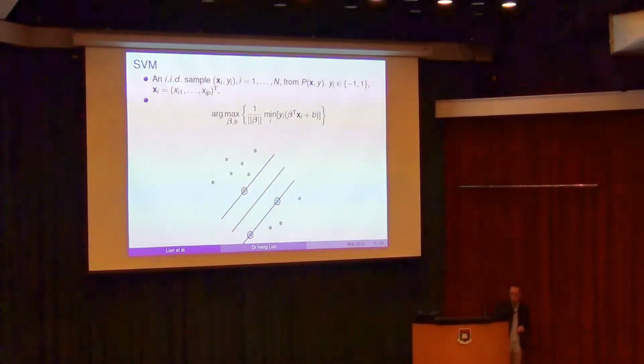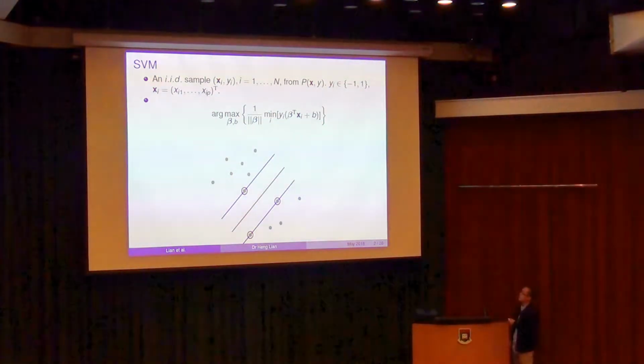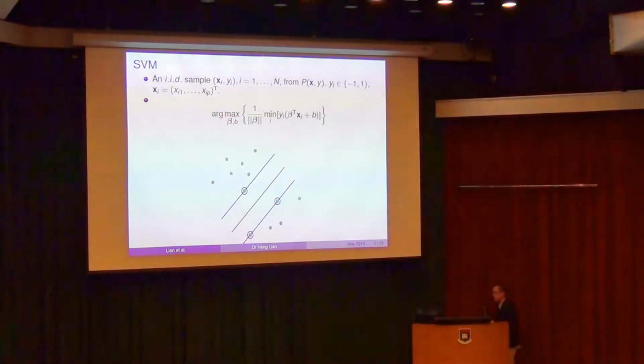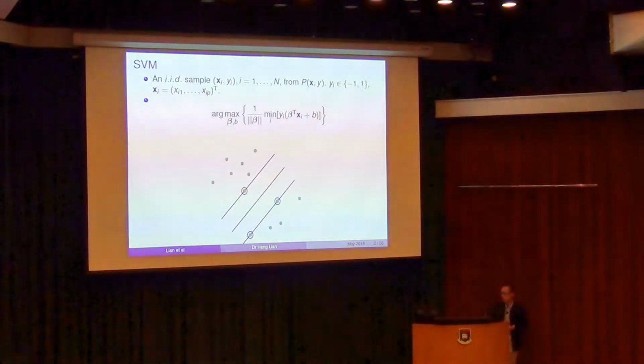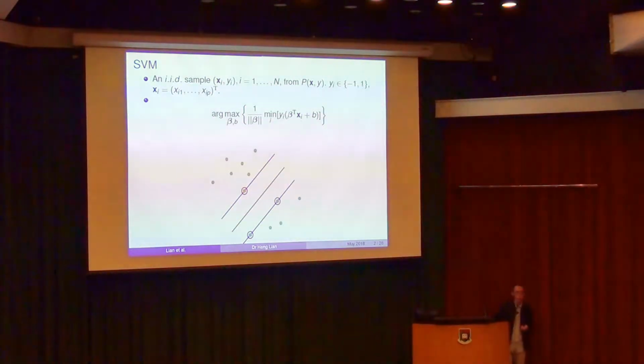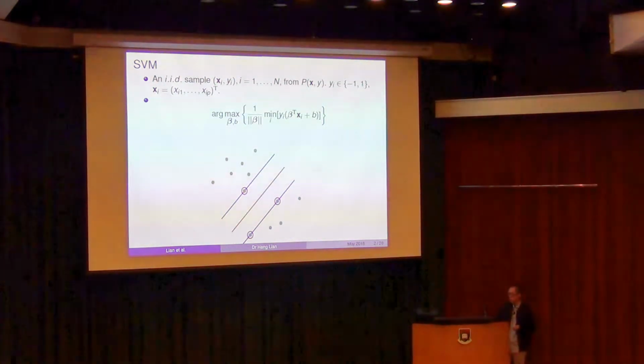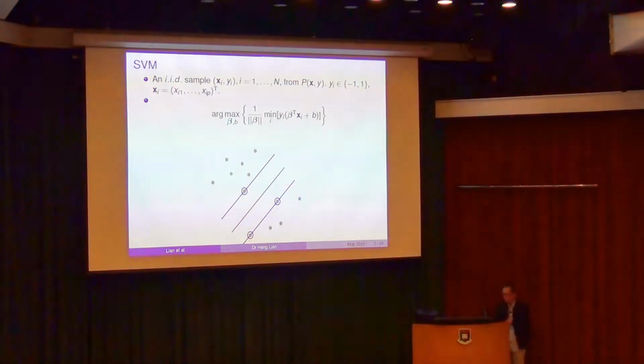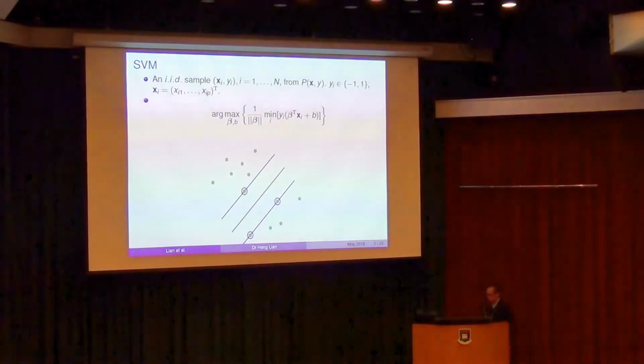So first, although probably most of you already know what is support vector machine, I will give a brief introduction first. So the problem is, for classification we have x and y. So we use x to predict y. Here is classification, so y is only two classes. So we use -1 and 1 to represent the two classes. The dimension of x probably is high dimensional, so p is very large. So it's p-dimensional covariance. So support vector machine says that, okay, so if we have two classes represented by different colors here,